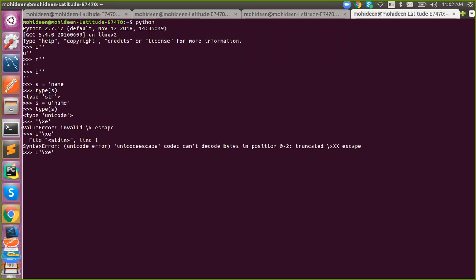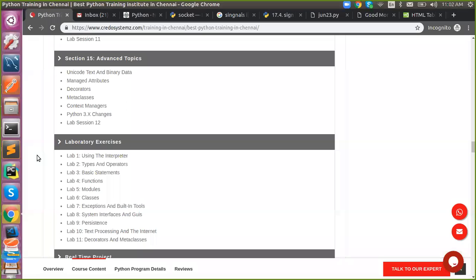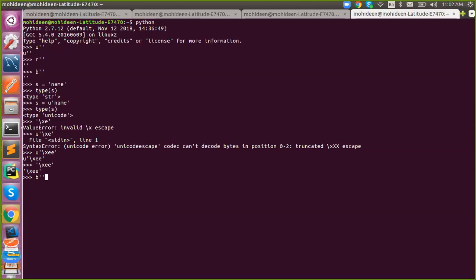So you need to define it with Unicode, and I need to keep the exact one. I forgot what it is, but we need the exact Unicode to parse. It is a two-digit code. Got it? So this will be considered as Unicode, so you need to say Unicode. It will be translated back to the exact Unicode representation for your string. So this is the way to define your Unicode, raw string, or bytes.